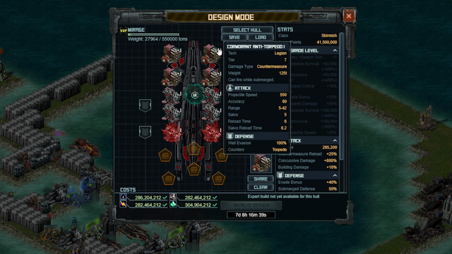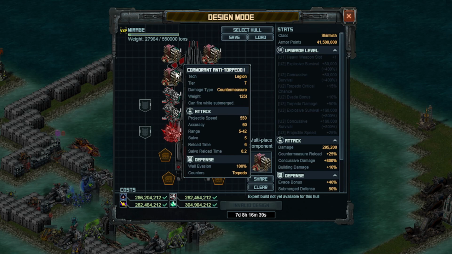I think that 8, like I said, is a pretty good number there. Maybe you want to go with 12 and try and reduce your damage a little bit further. The Cormorants are the only countermeasure, the only anti-whatever that you're going to need on the fleet. And that would be my recommendation for the safest possible build that makes the most sense in terms of what